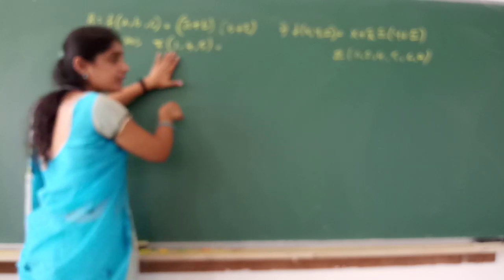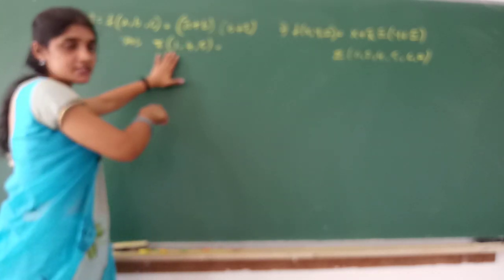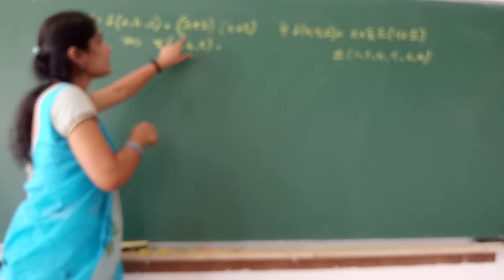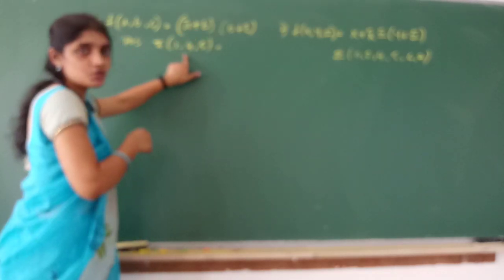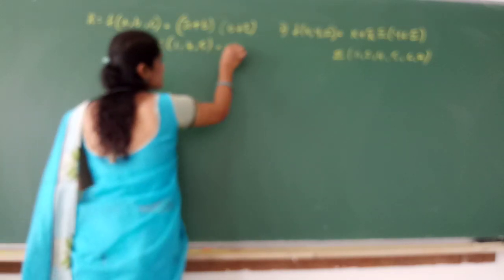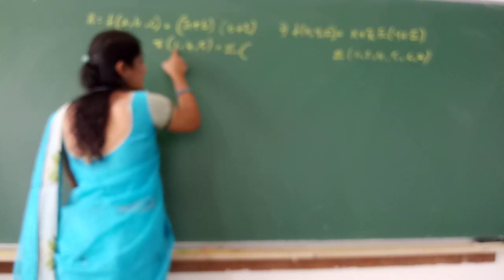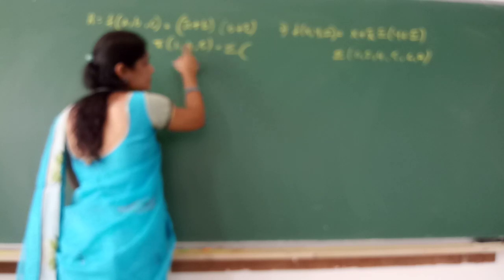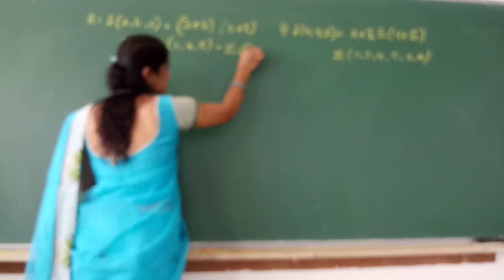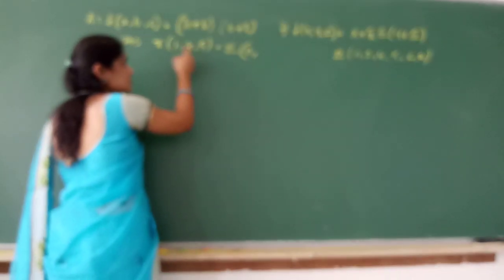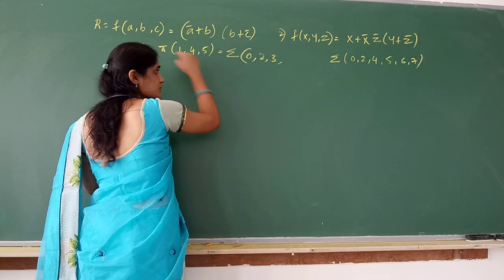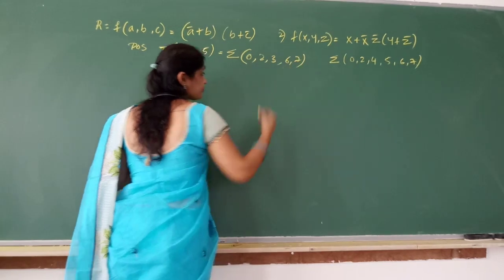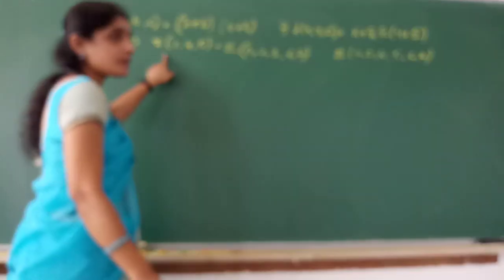I am just explaining the alternative method to check your answer. This answer you would have got when you simplify this, when you put this in the canonical form. These are the max terms you have got. For this, the min terms are what? If one is a max term, it is not a min term. So 0 is a min term, 1 is a max term, 2 and 3 are min terms, 4 is a max term, 5 is a max term, 6 and 7 are min terms. So these are min terms and these are max terms.